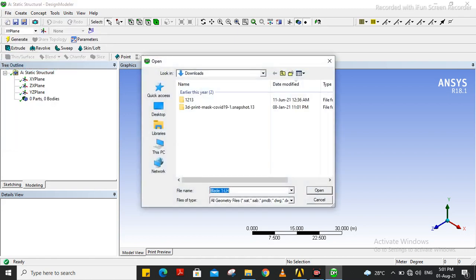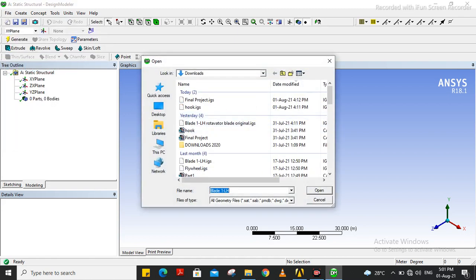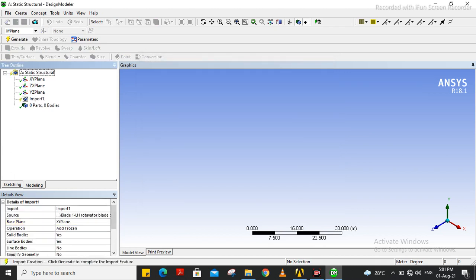I will take it from the saved IGS file. So I will open this rotavator blade. As we were asking for this model, it will be inputted in the present window.